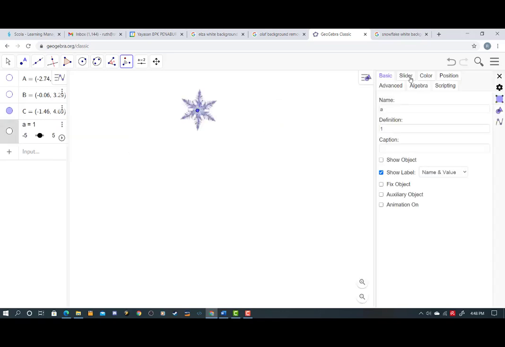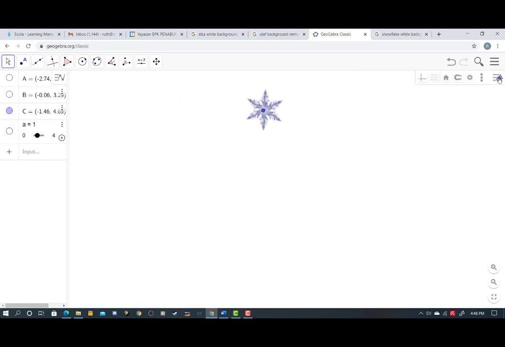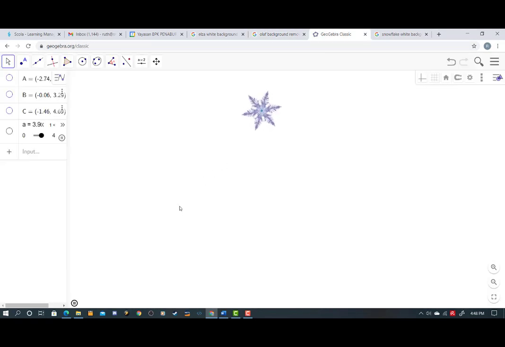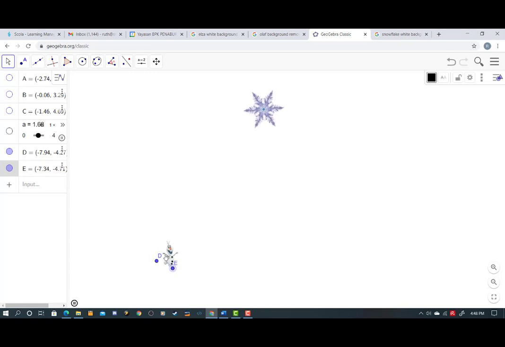For the slider, I arrange the minimum and maximum of the value of the slider. And here you can just do the animation. You can see the rotation play again and again. Now I try to copy paste another image, arrange the scale, the size of the image,